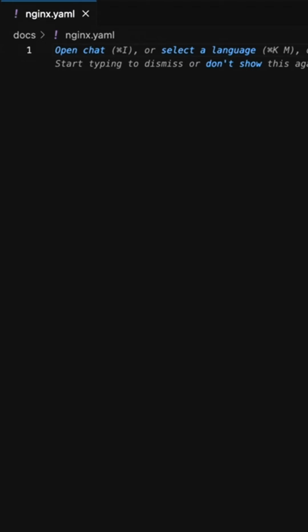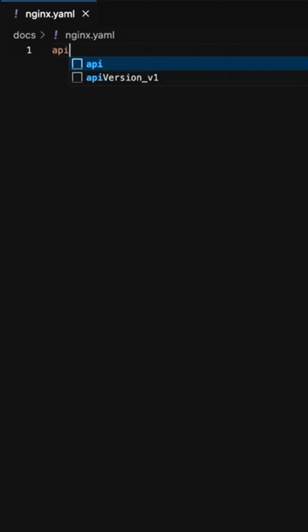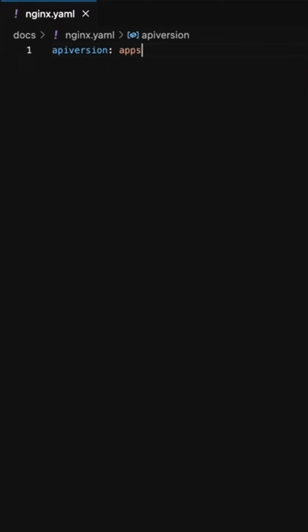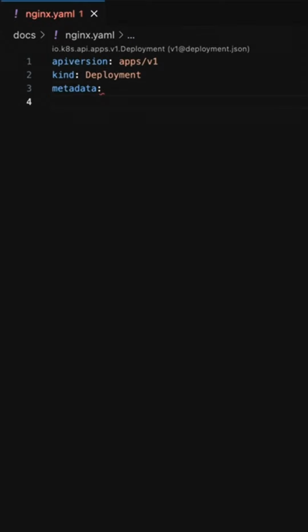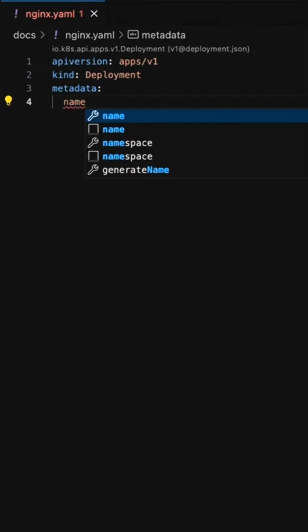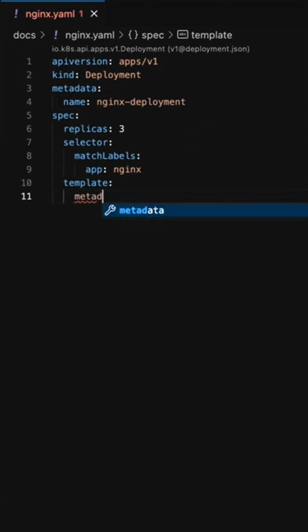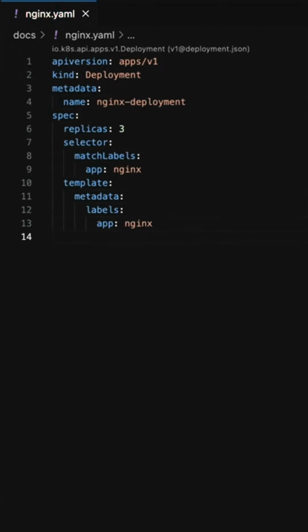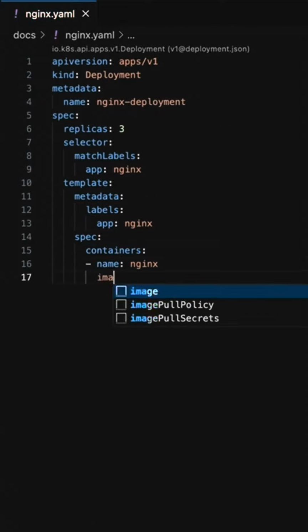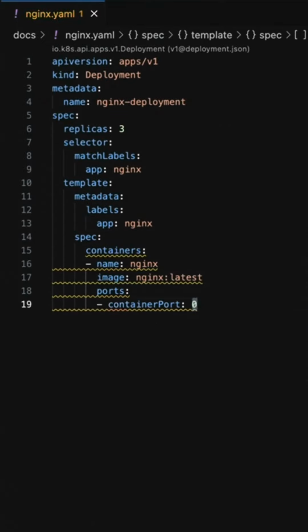So I'm going to create my deployment manifest. I'm going to put in the API version. I'm also going to put in the kind. Then I'll put in the metadata. Alright, then I'm going to put in some more specifications before I come to the spec of the pod itself. And just like that, I have a deployment manifest,